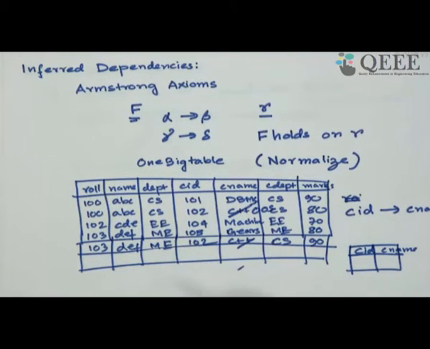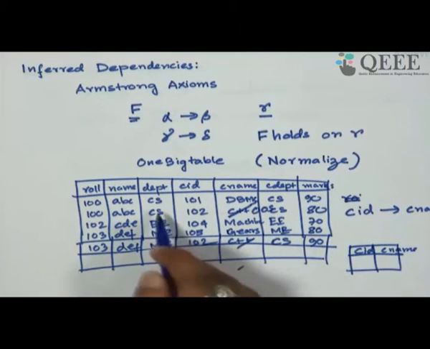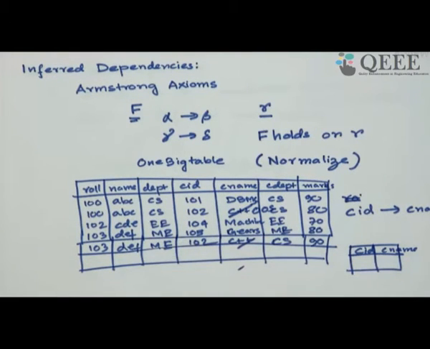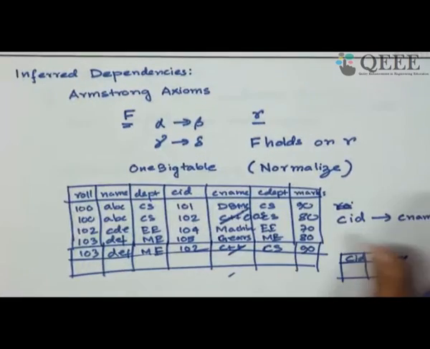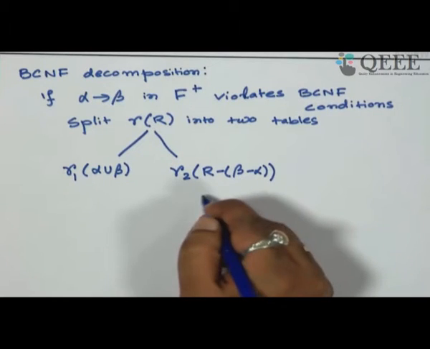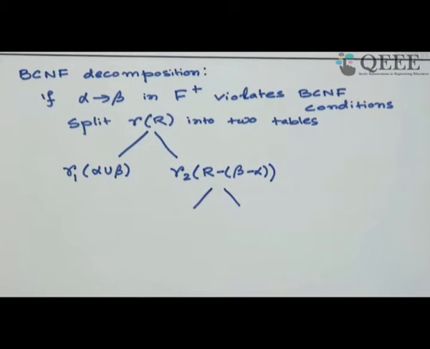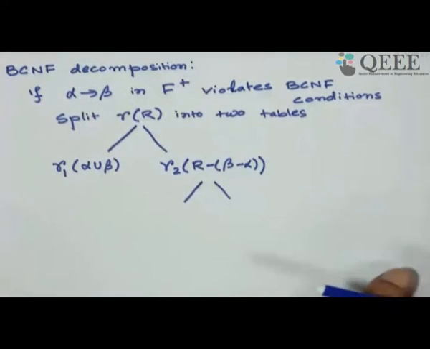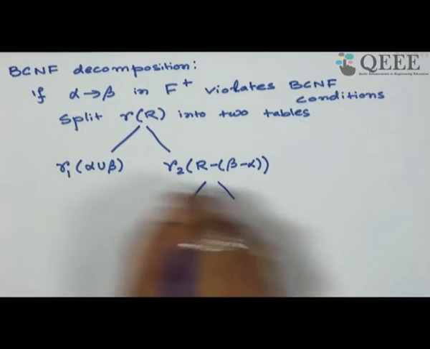You have another dependency, say role determines name. For that, again normalize it further. So you have to go through several stages of normalization till for each and every rule it satisfies the BCNF condition. That will be the normal form. If you take the rules in the previous table and go on decomposing, you will get those three tables which are in BCNF.